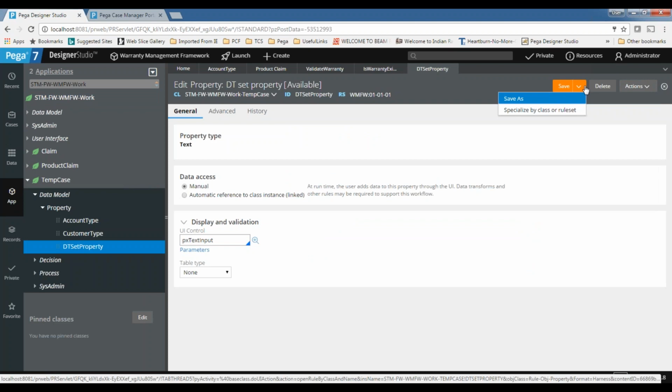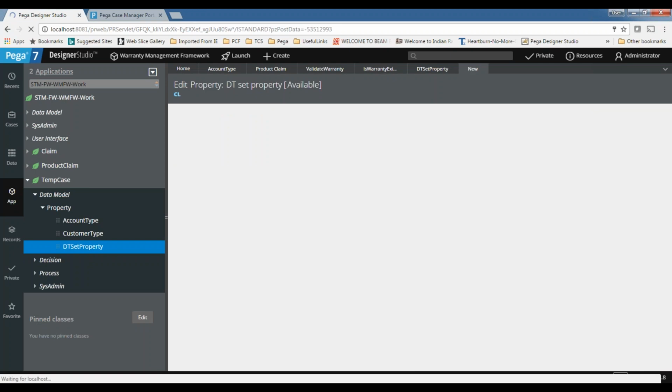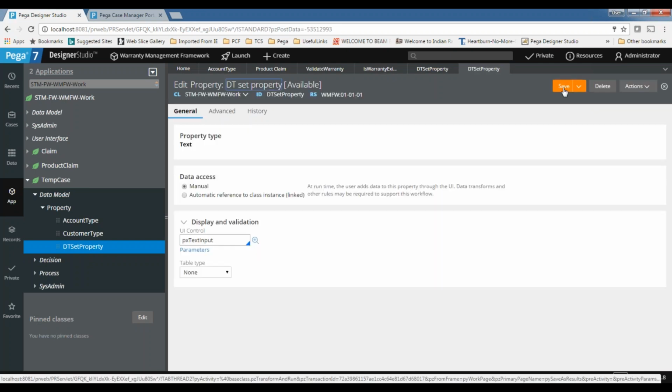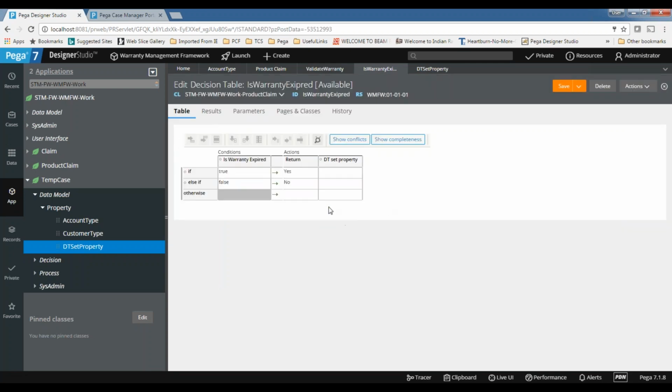I want to set some value to the property based on the conditions. Here I want DT set property. So if it is true, I want to set 100. If it is false, I want to set 200.